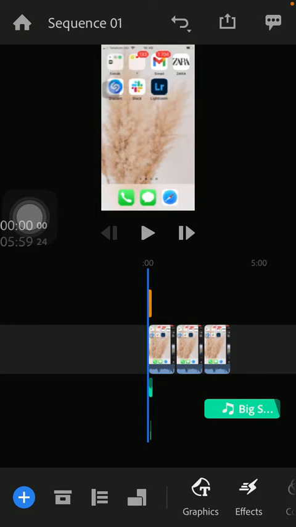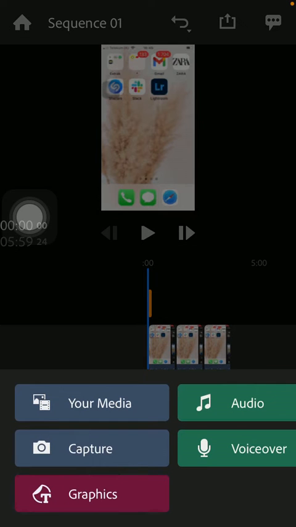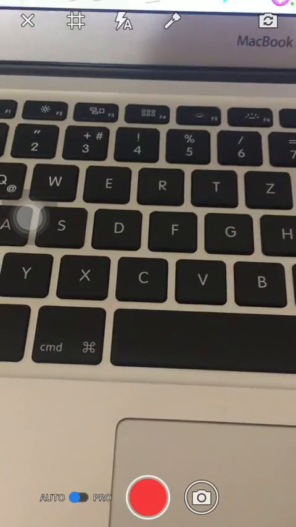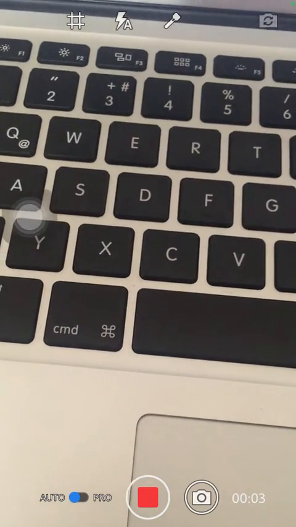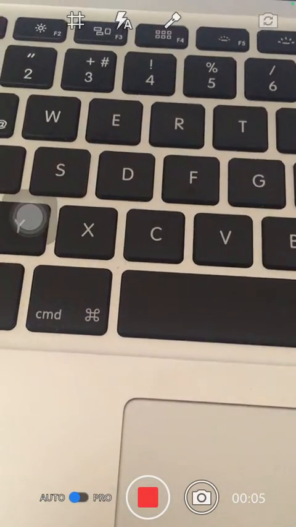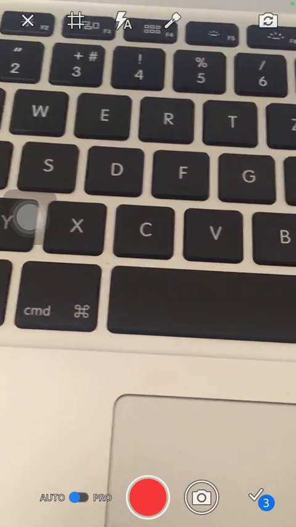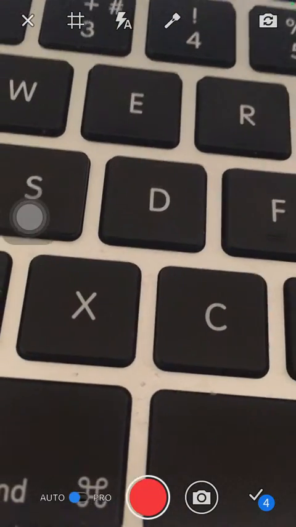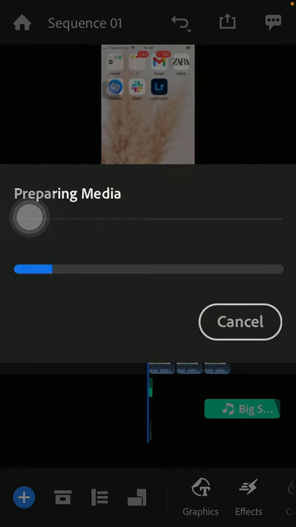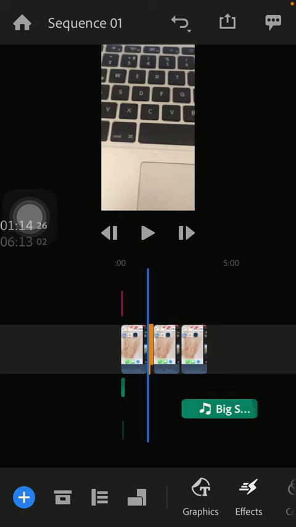And after that you should click on the plus icon down below, which is the first option, and now tap on capture, and you should take a picture with your phone or by tapping on this camera icon, or you can also take a video and then click on this check mark icon, and here you will be able to see all of the items that you have